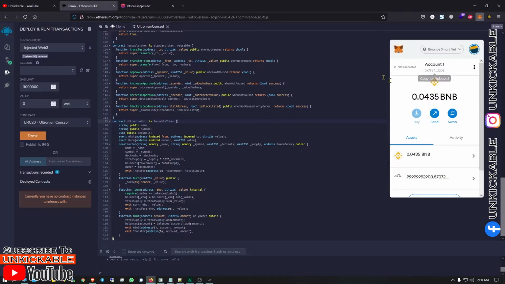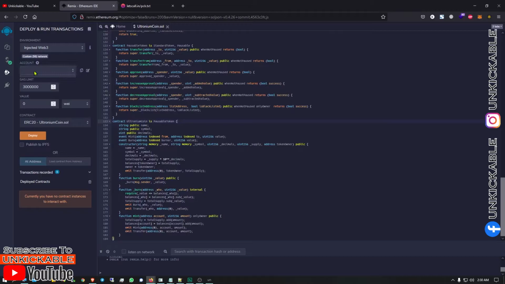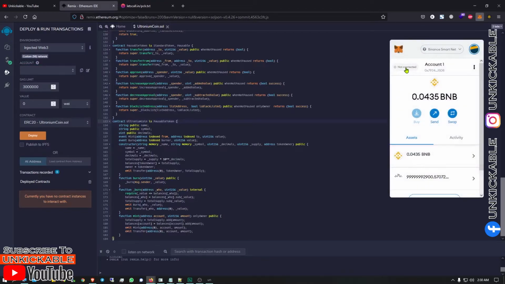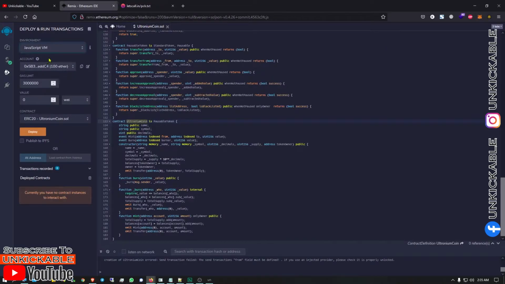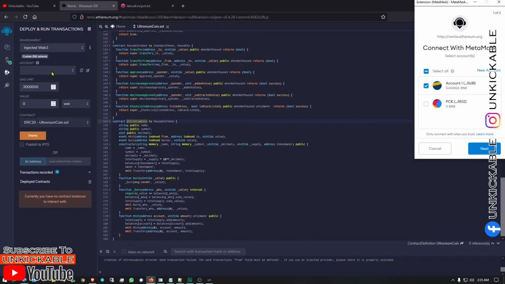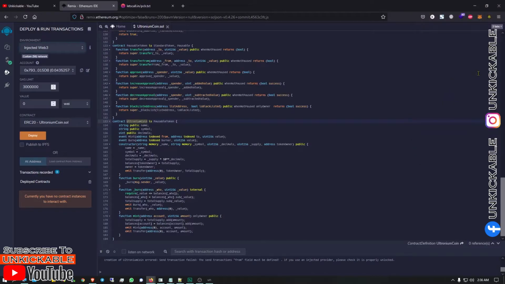Okay, after disconnecting, you can find that my address has gone. So you're going to find it like this, not connected. If you click, you will not be able to check anything. So it is going to show like this. Whenever you click on one and the other wallet, it is going to show this. I'm going to select and connect, and it got connected.